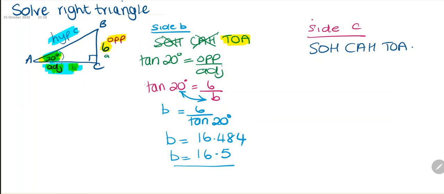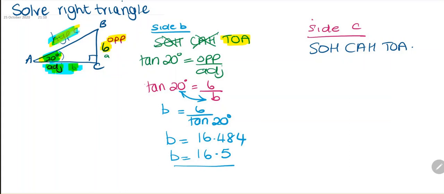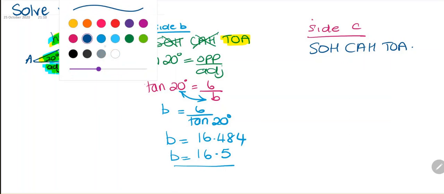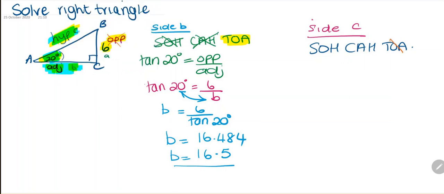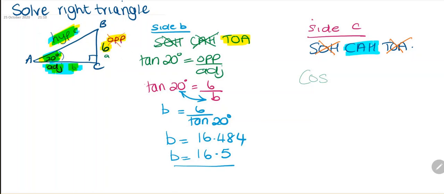So I don't need opposite. So anything with an O, I can cross out. And I'm going to be using cosine. So I have the cosine. Let's make that better. So the cosine of 20 degrees is going to be adjacent